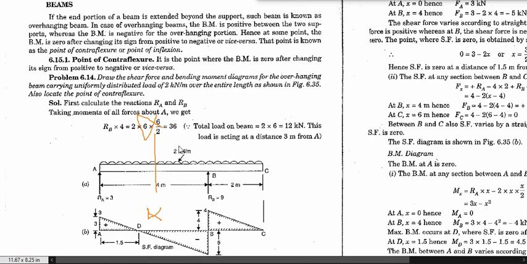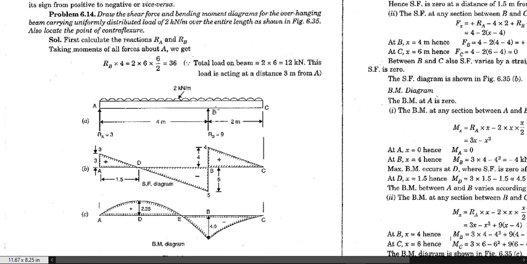The same sign convention we will use for the bending moment also, which says that if the load is applied from the top, and if there is sagging, then that will be a positive bending moment, and if there is hogging, then it will be a negative bending moment. So we will be just using this sign convention, and by using this convention we can easily draw the bending moment as well as shear force diagram.